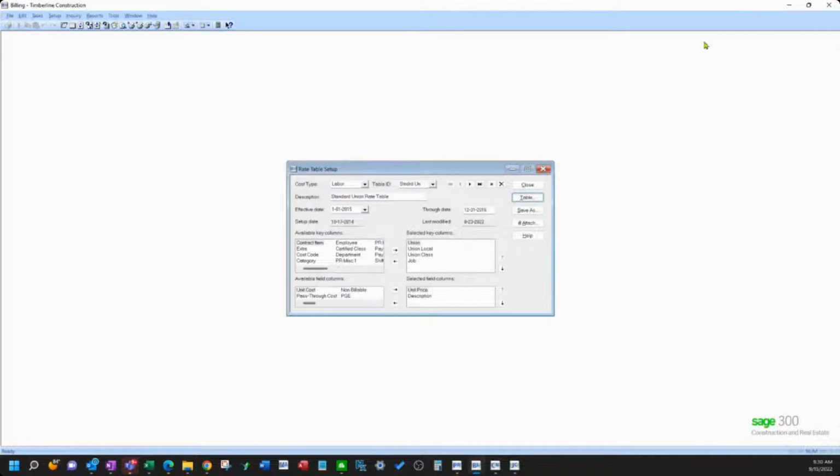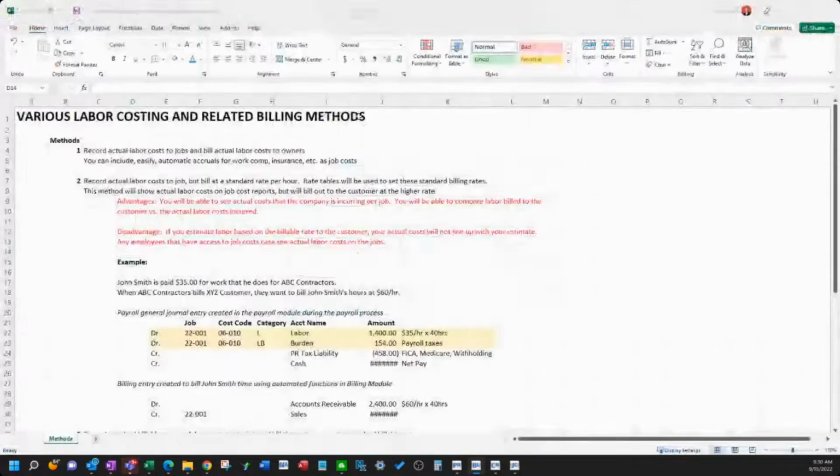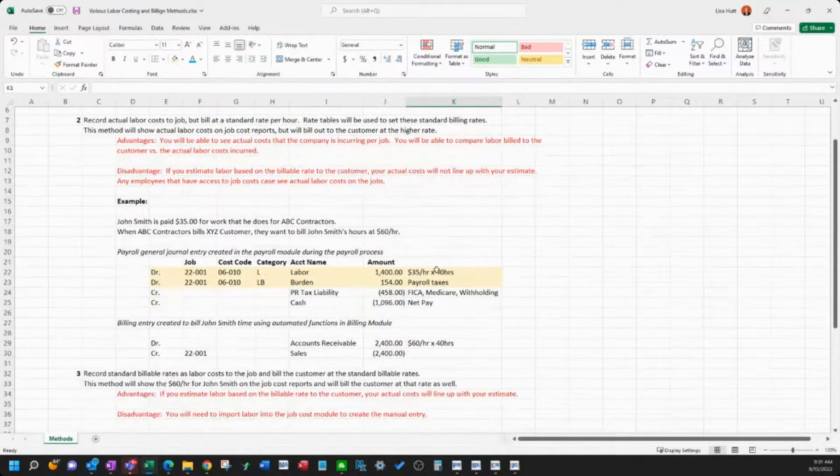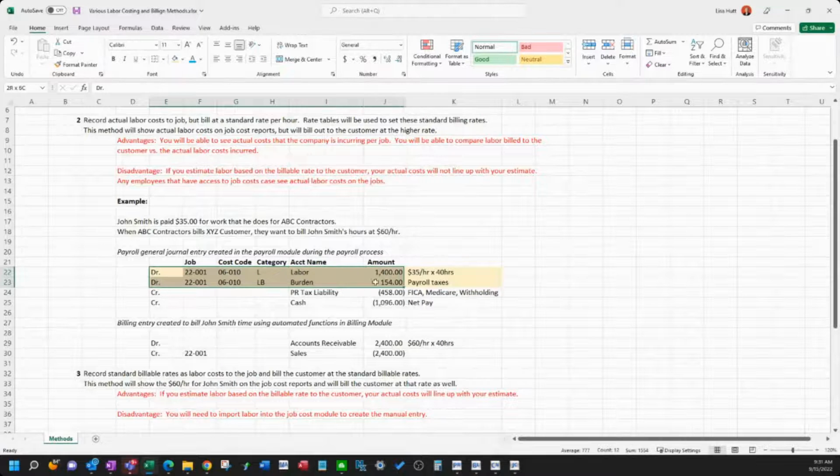Okay, so when you generate the bill inside the billing module using generate cost-based invoices, it then takes the hours from John Smith, says, okay, he had 40 hours, and does it at $60 an hour. Okay. So your cost reports will show like this. This is what will hit your job cost report.